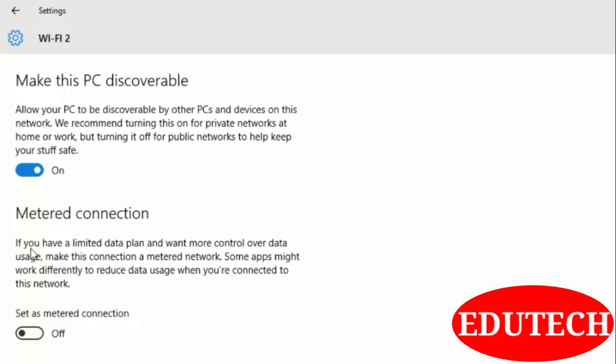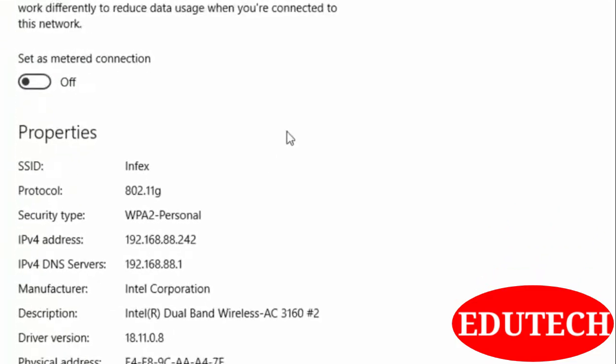This option says if you have a limited data plan and want more control over data usage, make this connection a metered network. Some apps might work differently to reduce data usage when you are connected to this network, so it will save your data. But currently I am connected to my Wi-Fi network, so I don't want to do that.